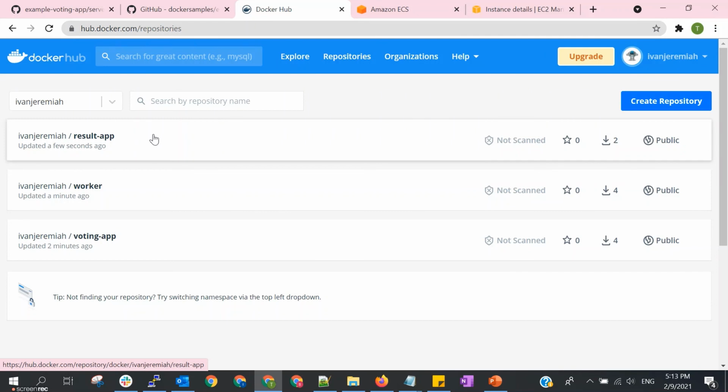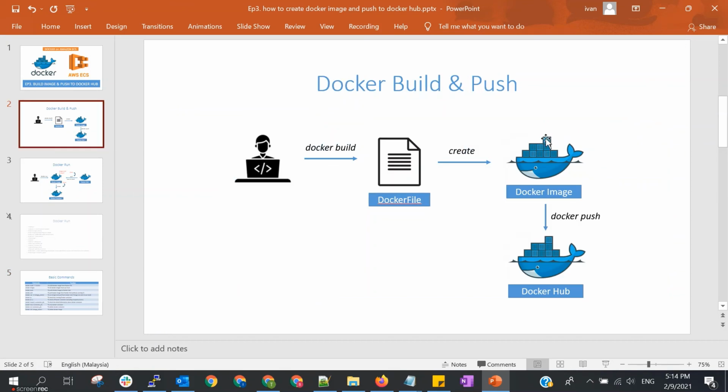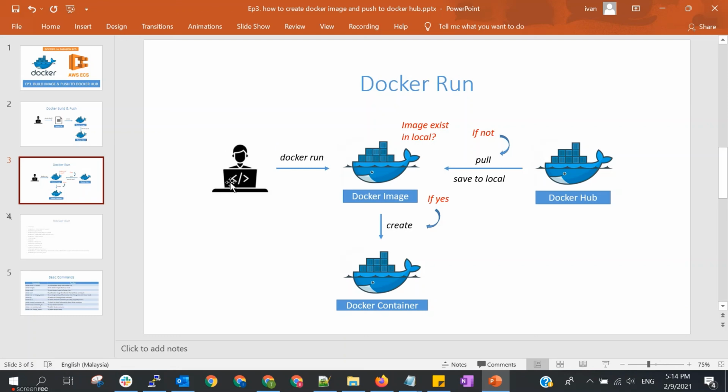We push the image to Docker Hub. Okay, that's all for this episode. We have learned just now all the process on this Docker build, so I think we understand more now after we practice it. So we build the Docker file and we make an image based on that and push to Docker Hub. And just now also we practice a bit the Docker command.